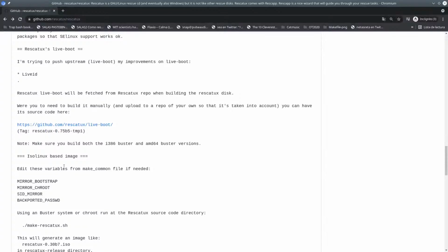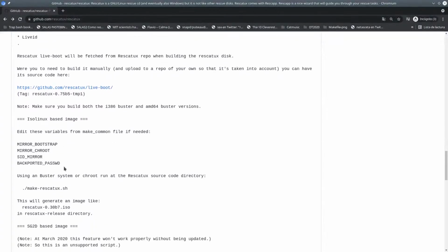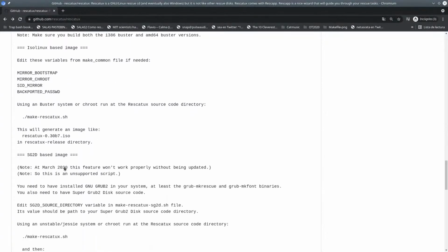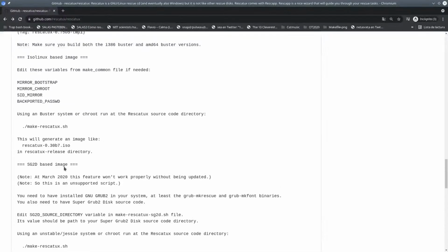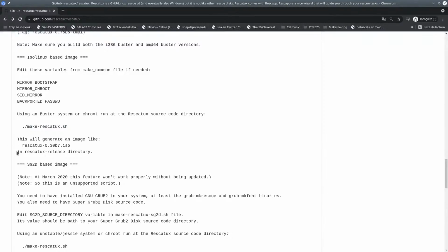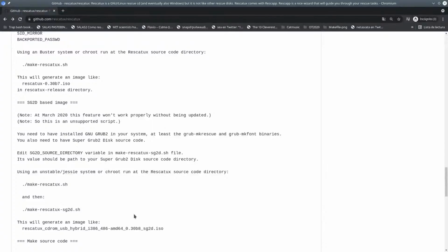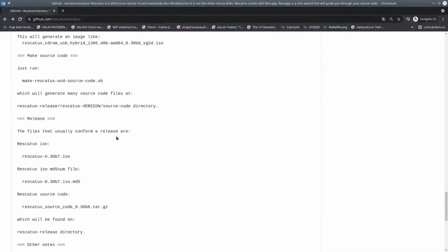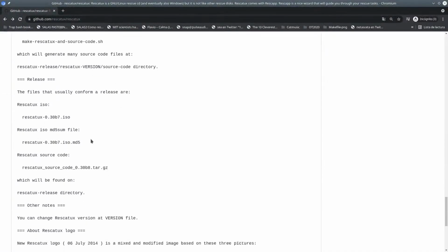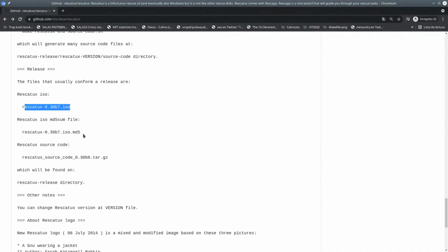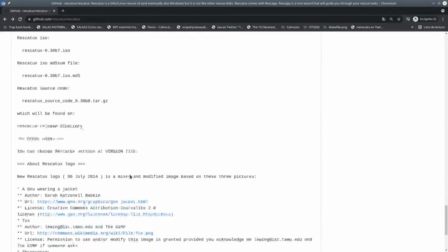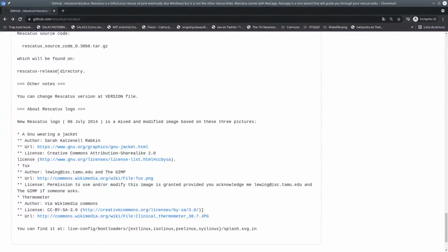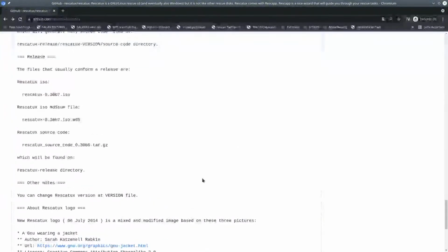You have to install some stuff, which I have already installed. Using a Buster system, you run this, and you've got the Rescatux release. That's it, and this is the source code. So the release has an ISO and MD5, which will be found on the Rescatux release. Okay, so now